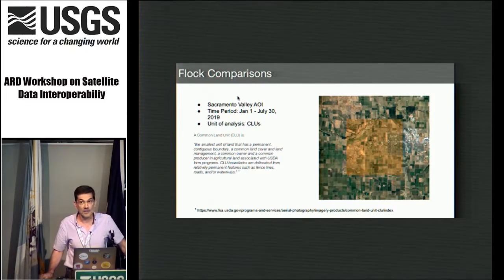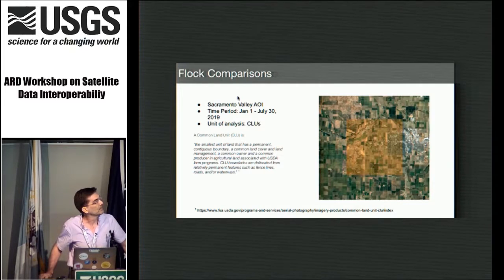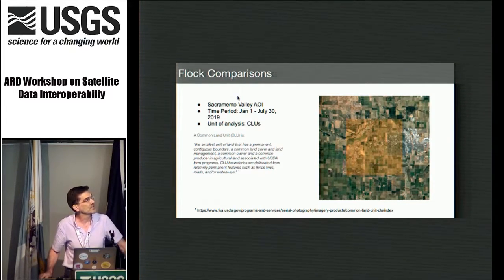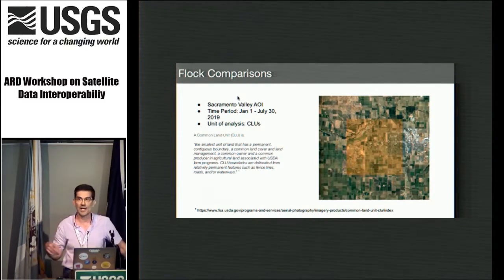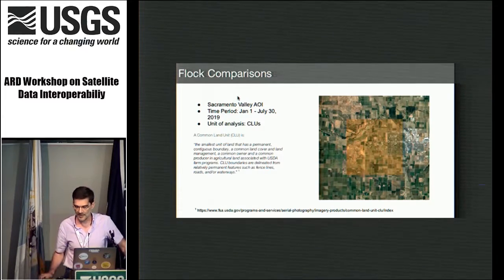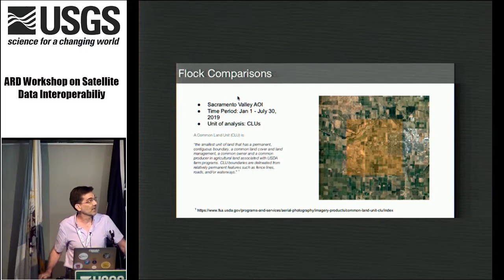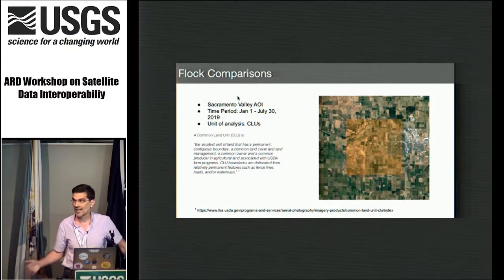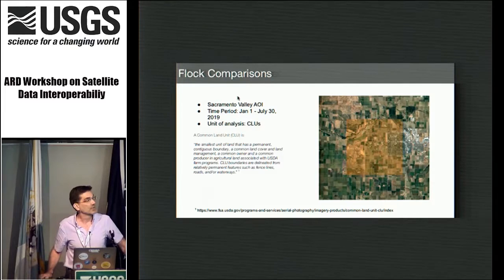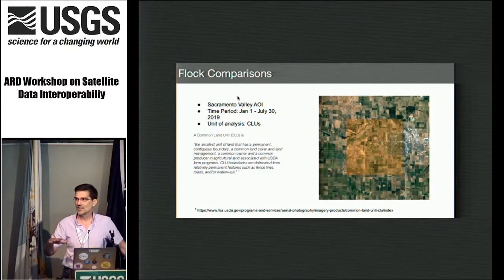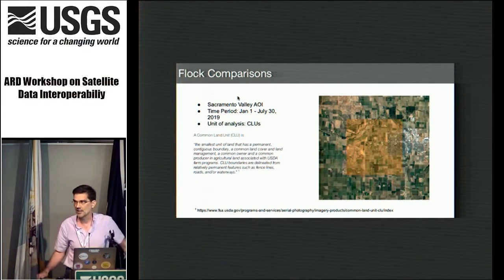What I'm now going to talk about, throughout the rest of the talk, is comparisons between different satellites. For us, I'll be referring to Flocks. The method I'm going to use is to look at an AOI and compare the reflectances from individual fields. Those fields are identified through the CLU database, with common land units. That gives you a generally homogeneous or semi-homogeneous area over which to average the reflectance